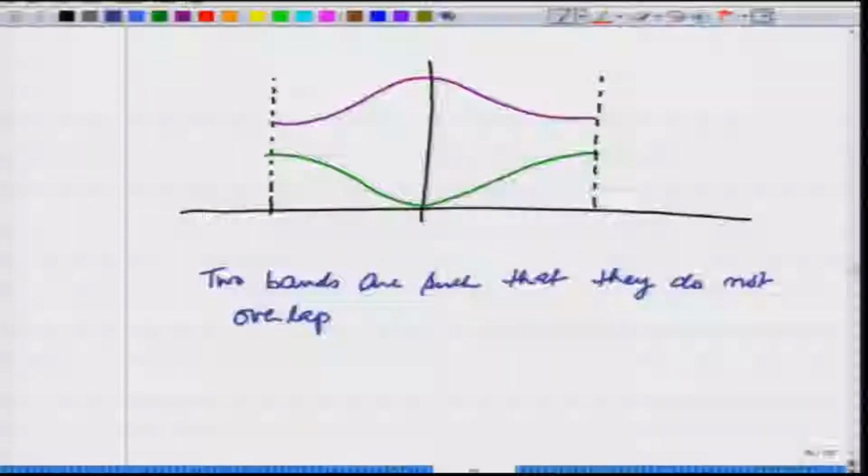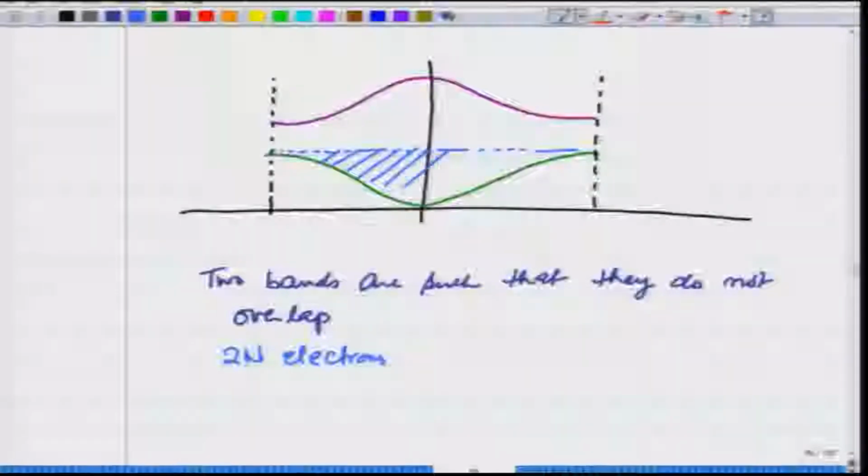So, they are not overlapping. If I take 2n electrons, they will fill the lower band completely. So, let me show this by shading it. This would have been a perfect insulator,